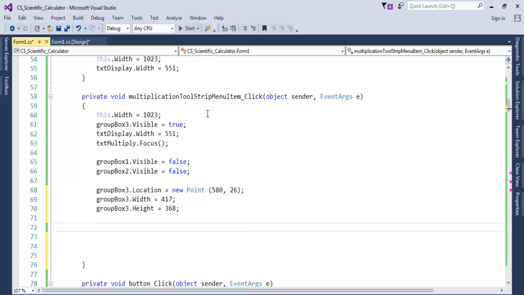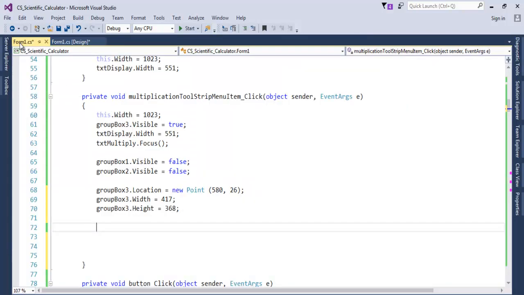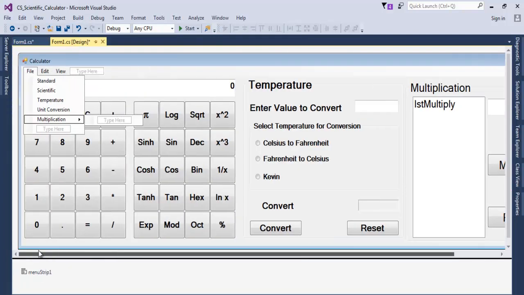Alright, that's fine. So what will happen is, when I run the program and click on this, the multiplication menu, this should change position, comes here. Okay,